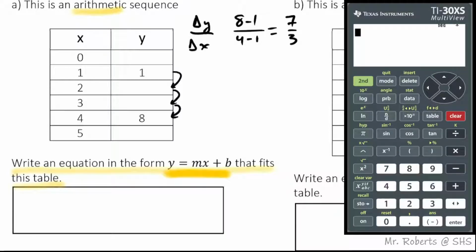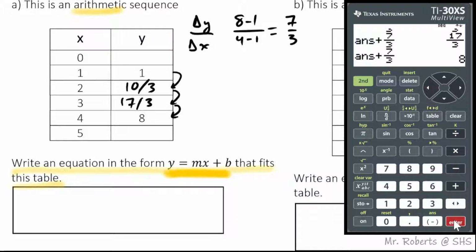So if I take the number 1 and I add 7 thirds, when I do that, it goes from 7 thirds to 10 thirds to 17 thirds to 8. Let me write these down. So this was 10 thirds, this was 17 thirds to 8, and then the next one is 31 thirds. And if I want to go backwards, because I need to figure out my 0th term,